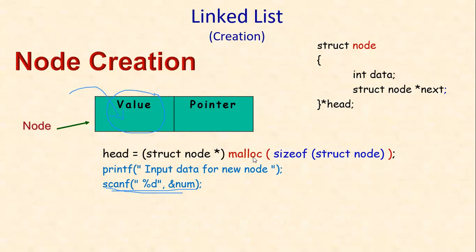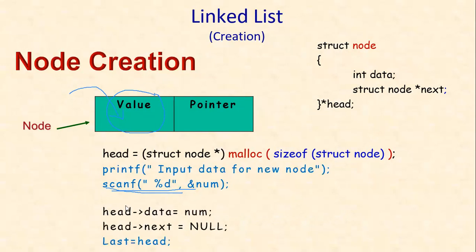After reading a number, I have to keep that number in the corresponding node. And what is the address of the node? Head. So